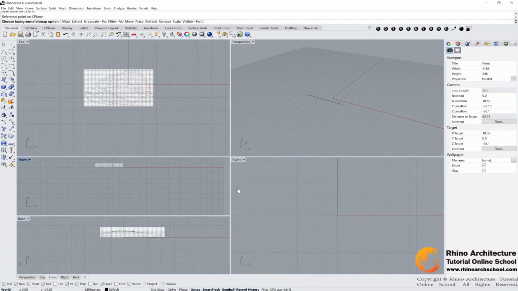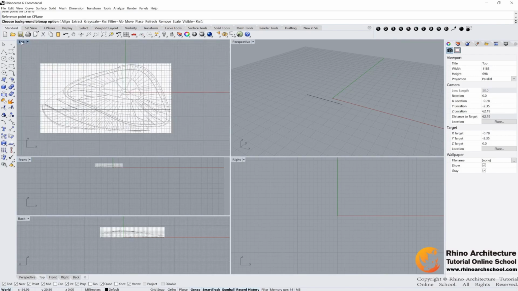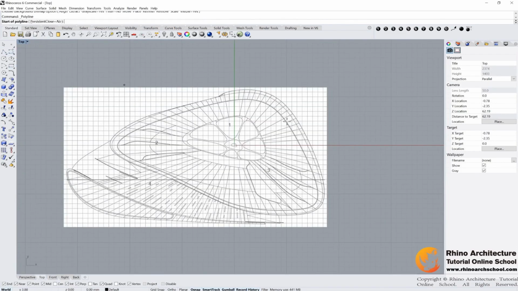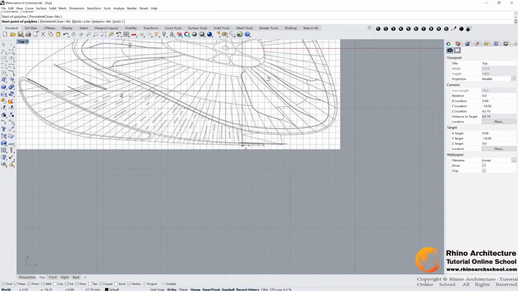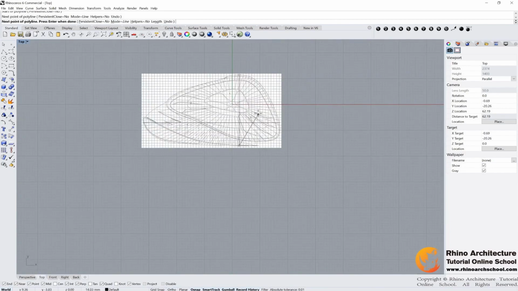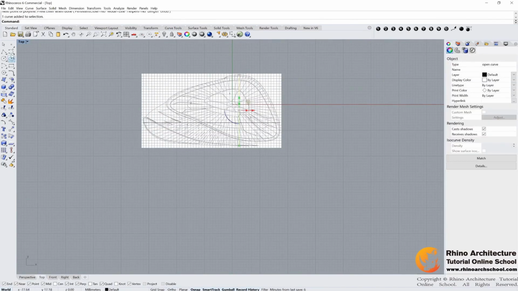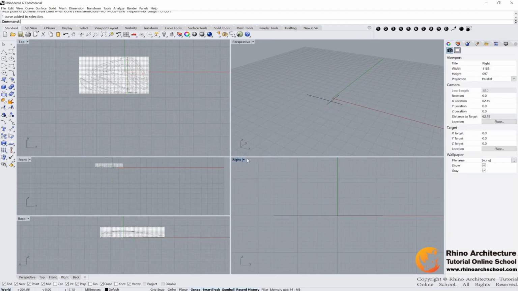And then we need to set the right view background. But we don't know the width of it for the object. So we can go to the top view. And we can draw another reference line like this. Hold your shift command again to draw a vertical straight line. Oh, this line, good. Go to the right view,